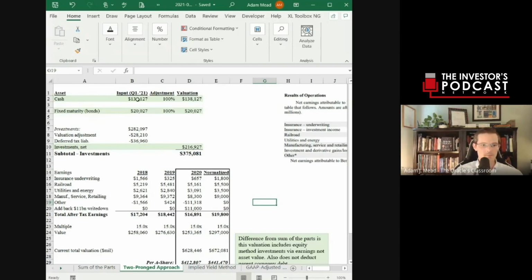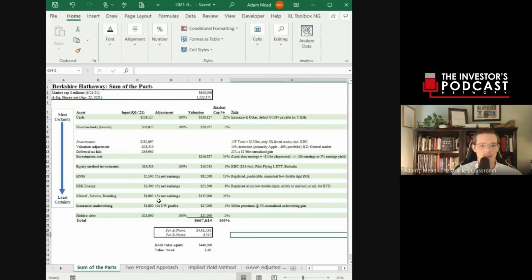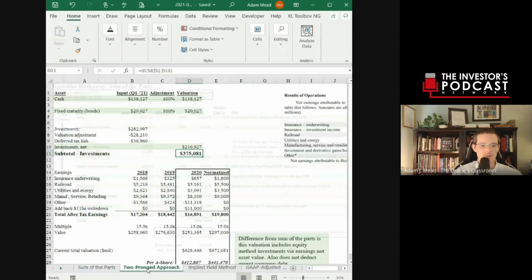So this same 138 billion for cash, I'm saying is the same as the sum of the parts, same with the bonds, and same with the investment. So we've already done that work, and our analysis should be consistent, right? So I'm going to use this same 375 billion that I came across here in the sum of the parts approach. So we sort of take all of that off the table,